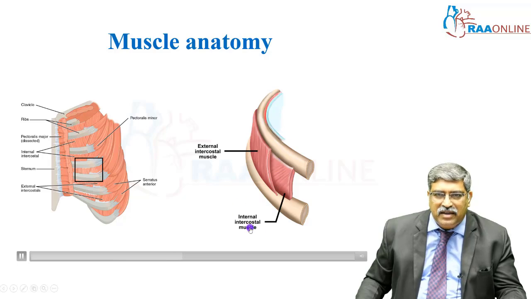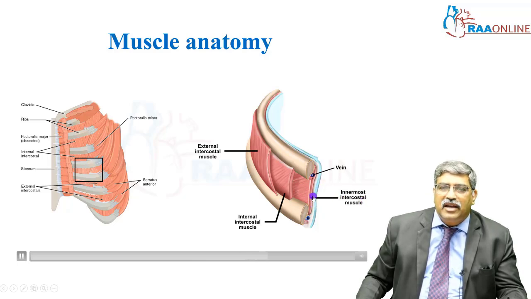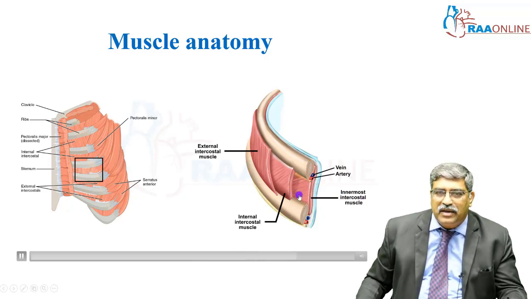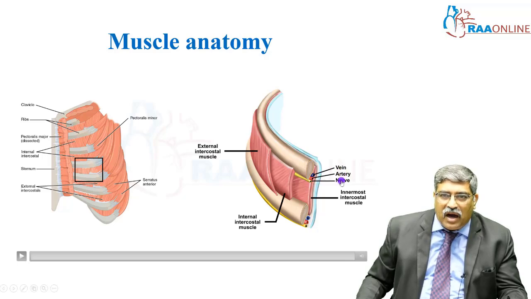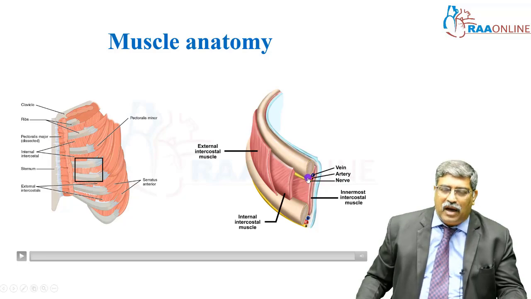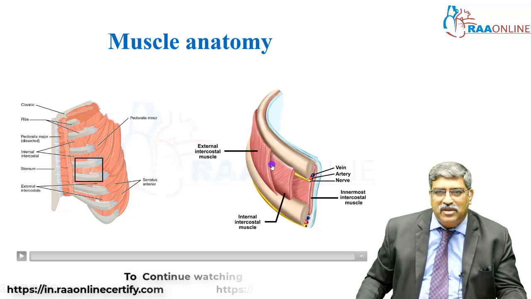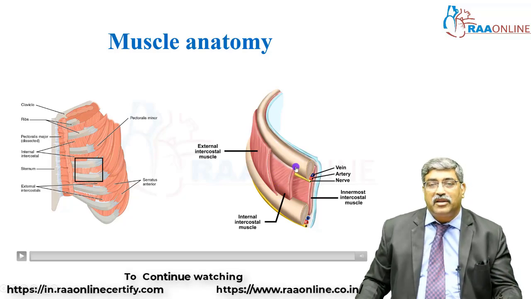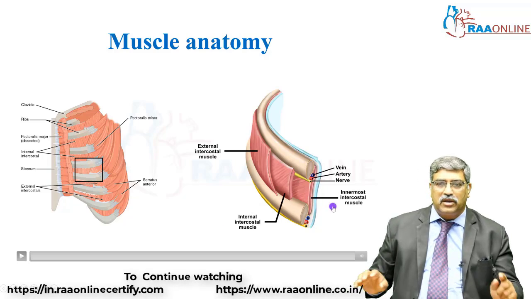Inside it is the internal intercostal muscle, and deep inside the internal intercostal muscle is the innermost intercostal muscle, and there is no separation between the internal intercostal and innermost intercostal muscle except the neurovascular bundle, which is arranged in the form of vein, artery and nerve, and the nerve is located at the lower border of the upper rib. The external intercostal muscle and the internal intercostal muscle are separated by a fascia, but there is no separation between the internal intercostal muscle and the innermost intercostal muscle. You have